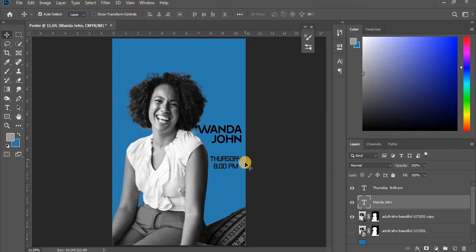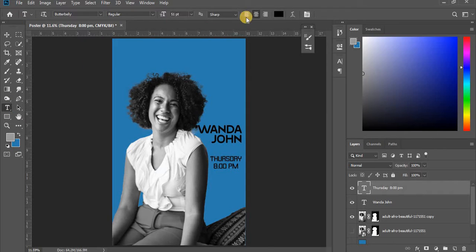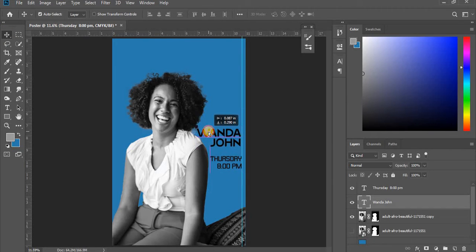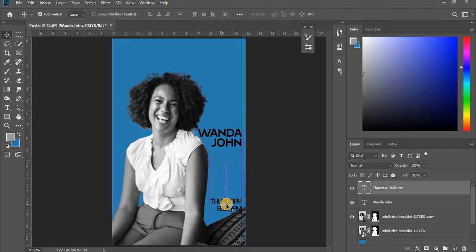What about the spacing here and here? Well, let's put this on right alignment as well. And I'll use rulers to, okay, now they're both even and equal in spacing, so that's good. Maybe put this a little bit down because of the hair. That's good. Or maybe you want to put this